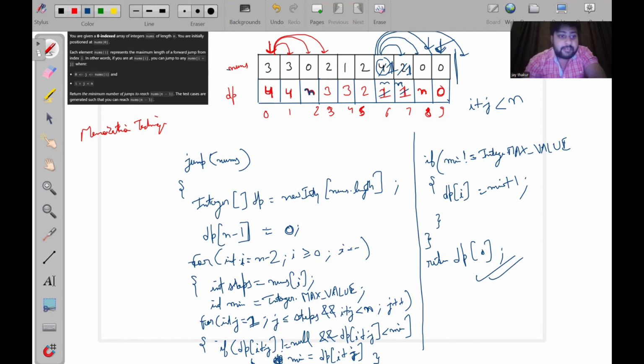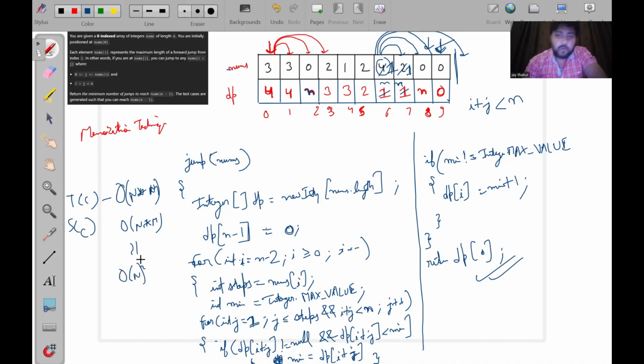Now, if we analyze time complexity and space complexity for this, the time complexity in the worst case is O of n into n. This n is for the outer loop that we are taking here, and this n is for the inner loop that we are taking for the number of steps. So if the number of steps is m, it is O of n into m, and approximately it is O of n squared,